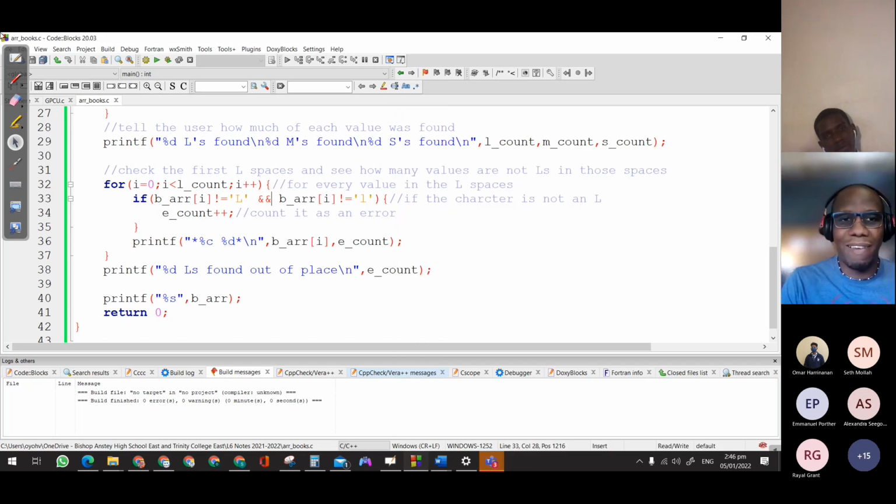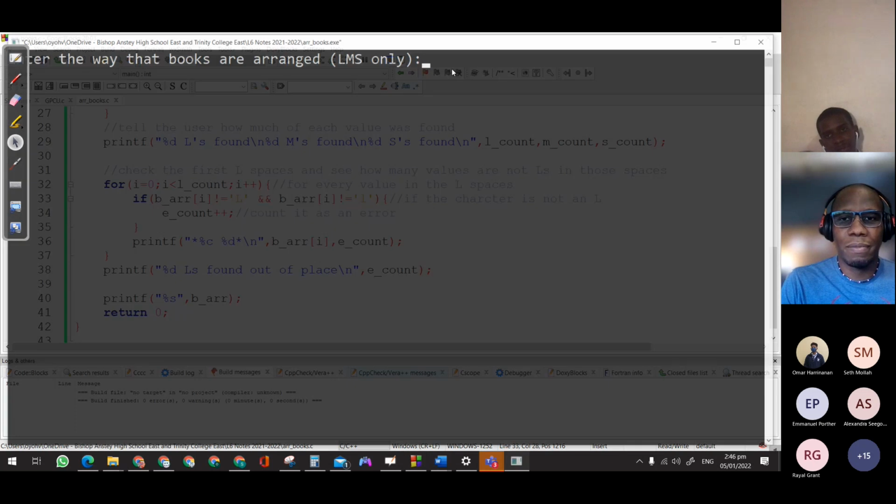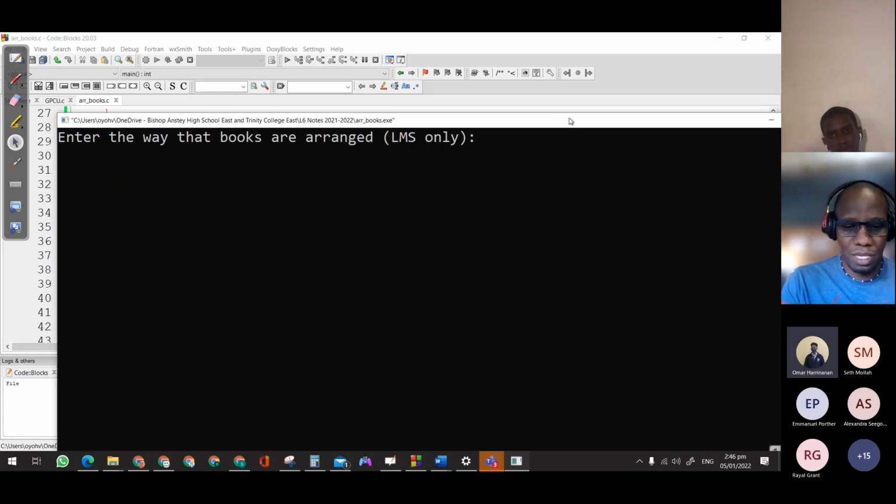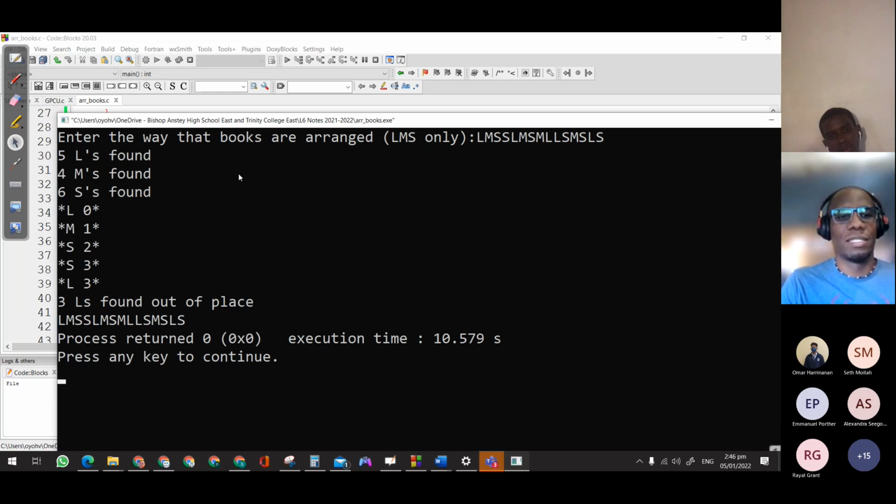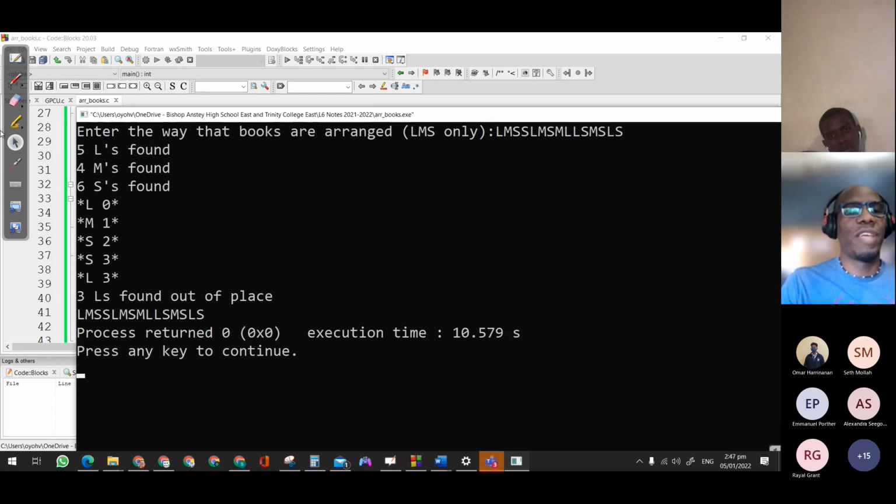You all understand what I did here, right? Oh, I understand where it went wrong. It was because, since it had the capital L, that would have been unequal to the common L, so it would have counted that as an error. Okay. So we have 3 L's. So notice, however,